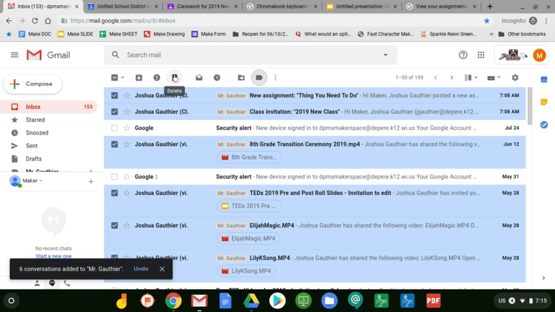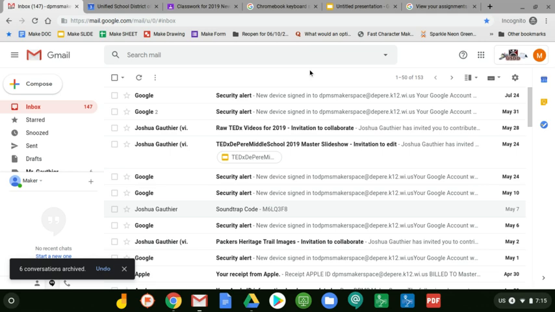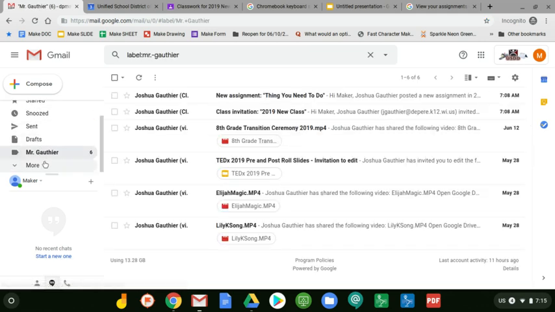Now, you might be tempted to delete emails, and there are some that maybe you could delete, like these Google security alerts when you sign into a new device. But I would highly recommend to never delete emails. You have unlimited storage. Instead, archive them. So they're gone. They're no longer in my inbox. But if I go into this label,